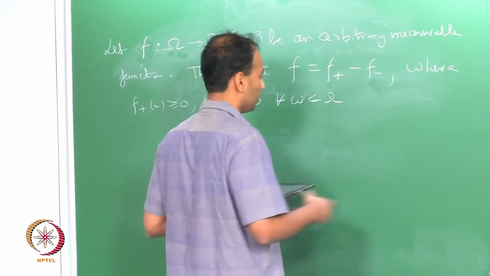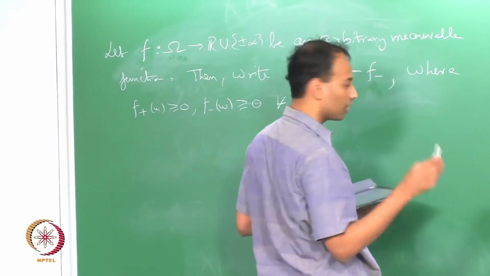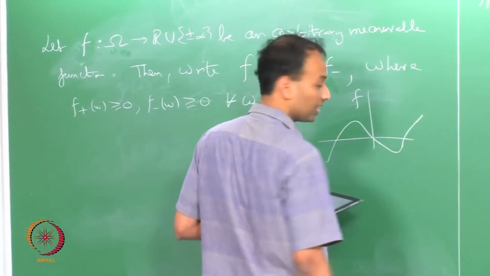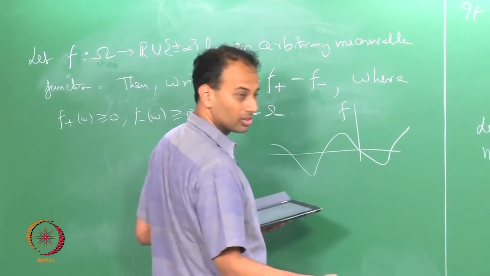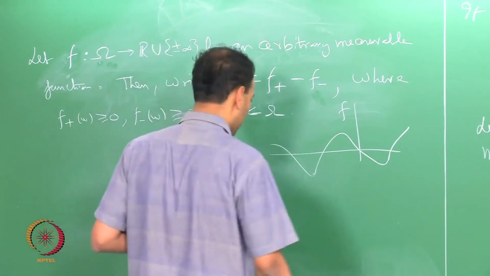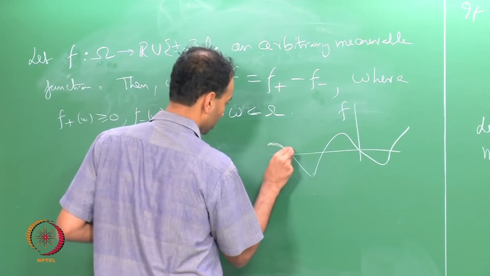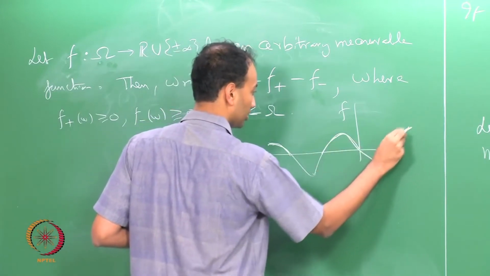So, in picture, let us say this omega is simply the real line for the sake of argument. If you have a function f that looks like that, it takes both positive and negative values. I will keep f plus as the part above the axis, so that will be my f plus,